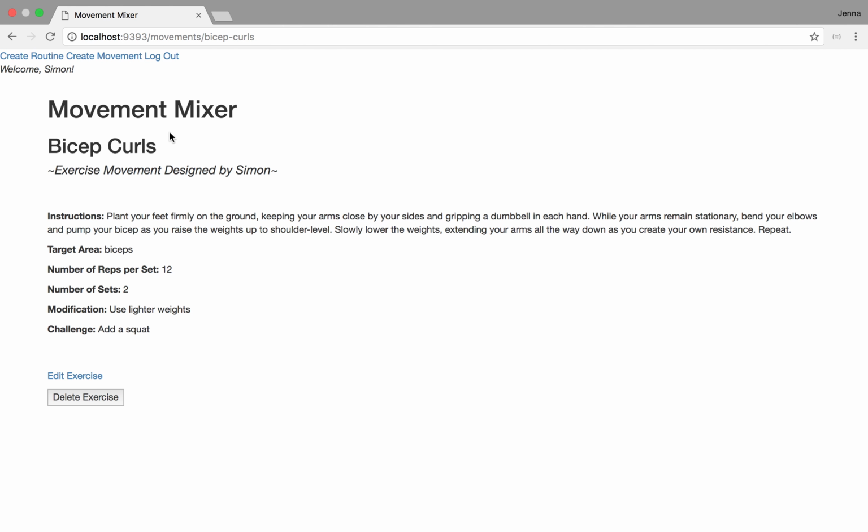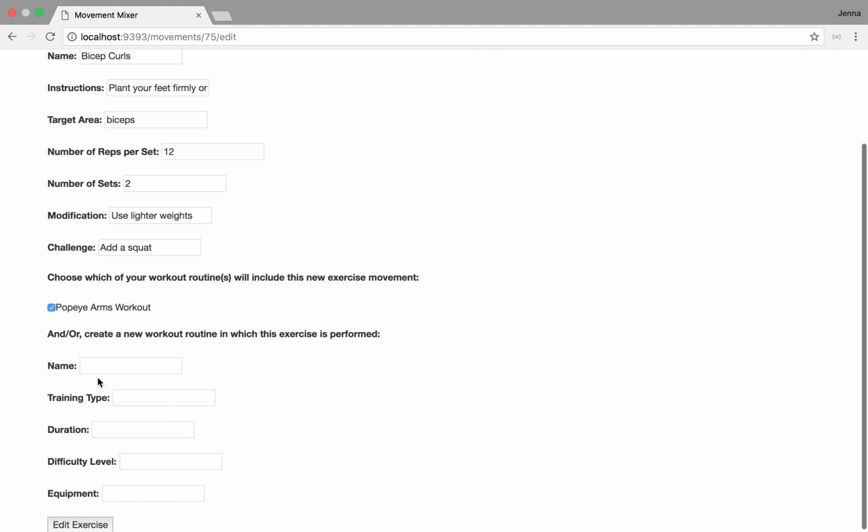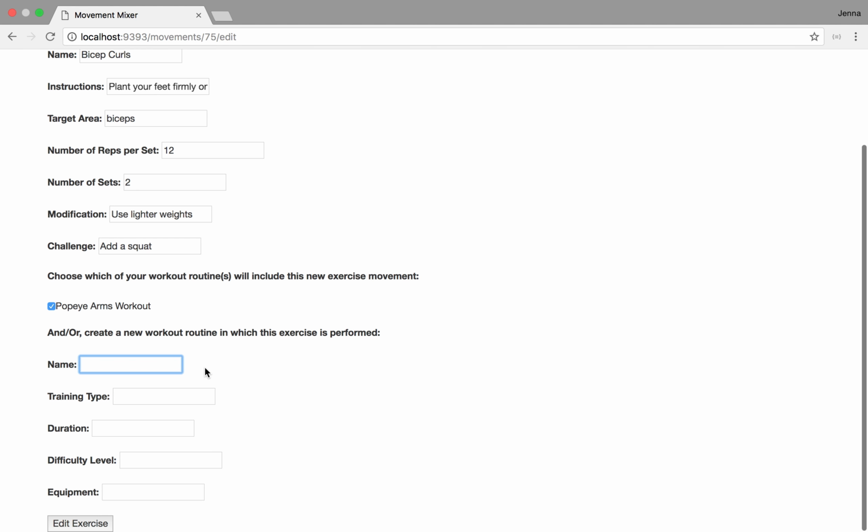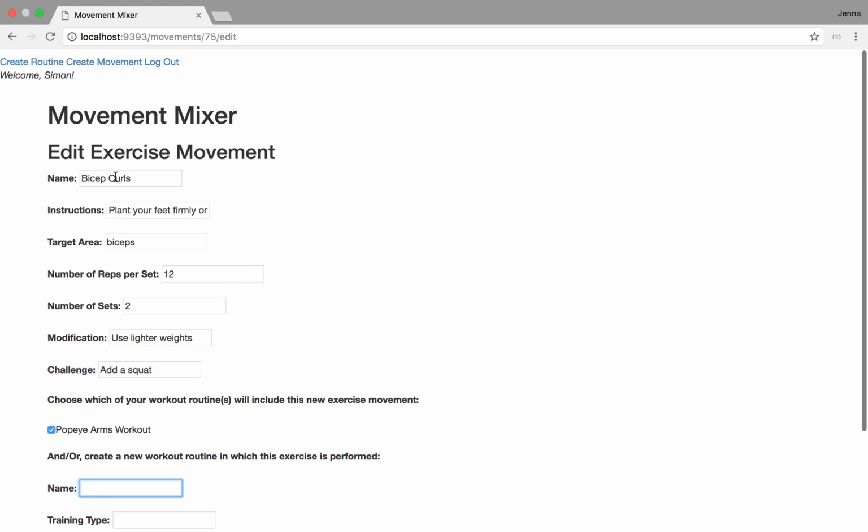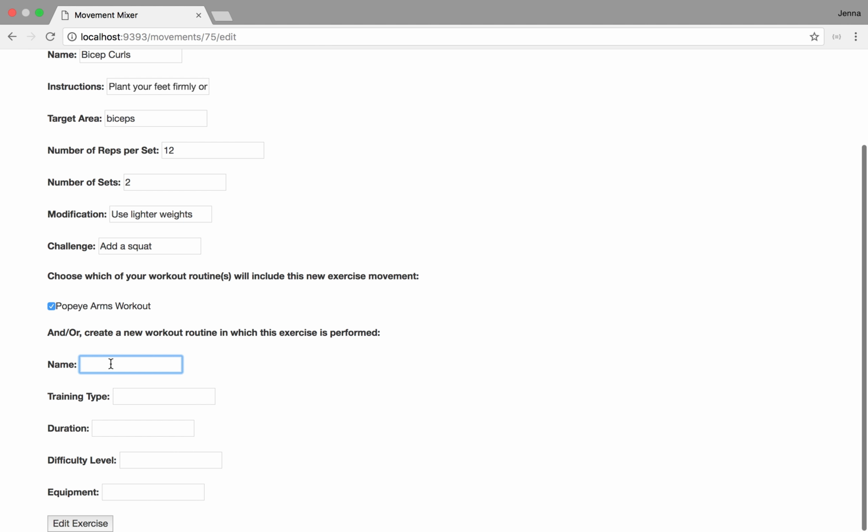Now, we can edit this exercise. We could create potentially a new workout routine. So if user Simon wanted to include the bicep curls in another exercise, he can create a new routine. But if he doesn't include the required attributes for the new routine, we will get